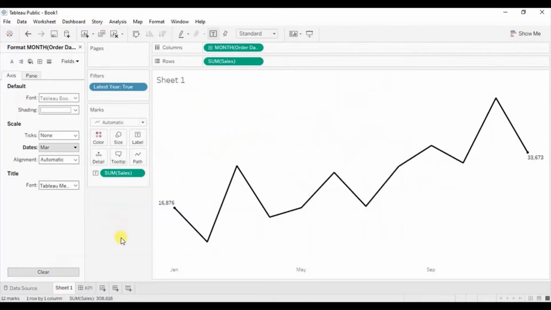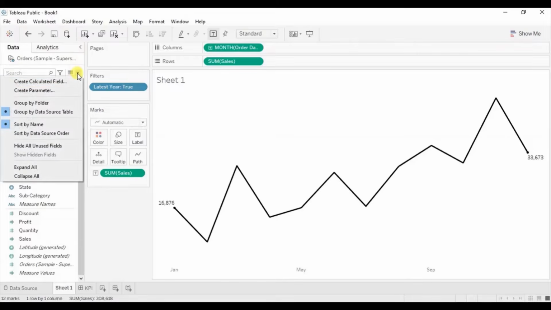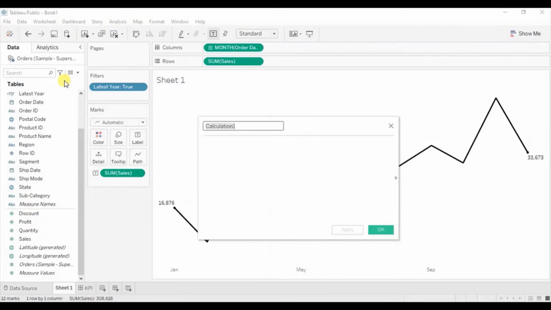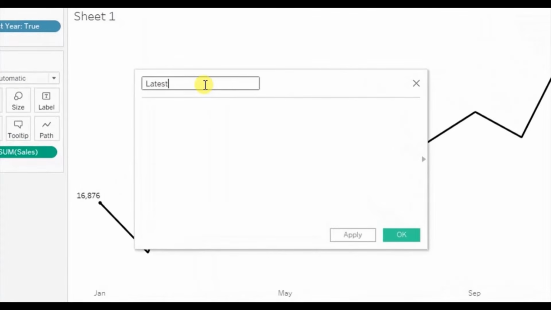So I want to get the total sales for the latest year, that is 2017. So first we will create a calculated field. Close this format. Go to the drop down. Click on create calculated field. Let's name it latest year sales. We want the sales for only 2017, so we will create a fixed calculation. Write fixed